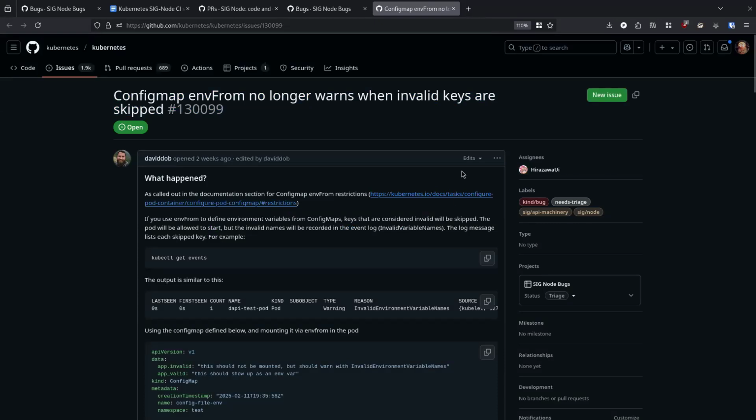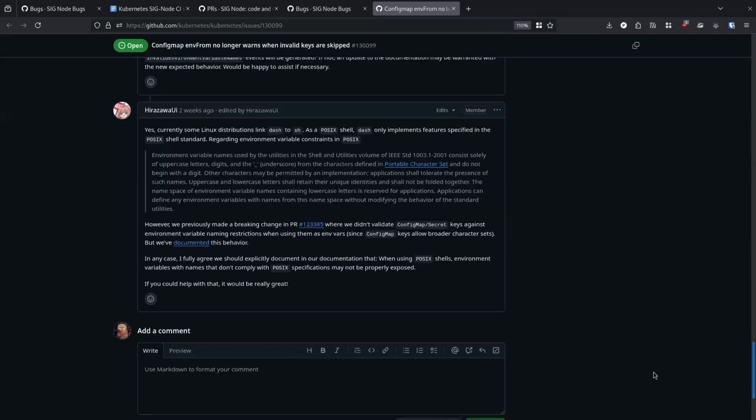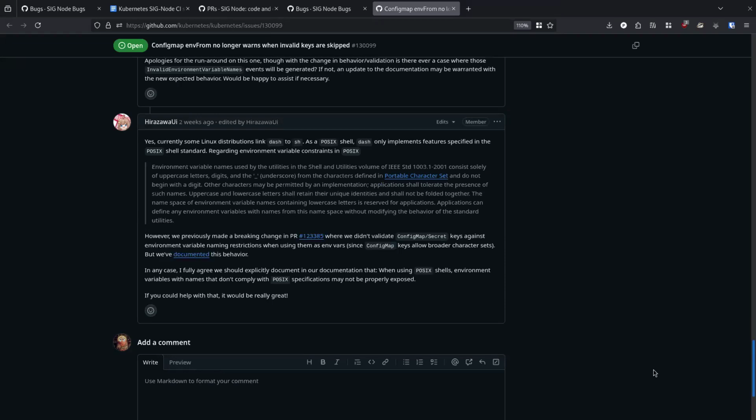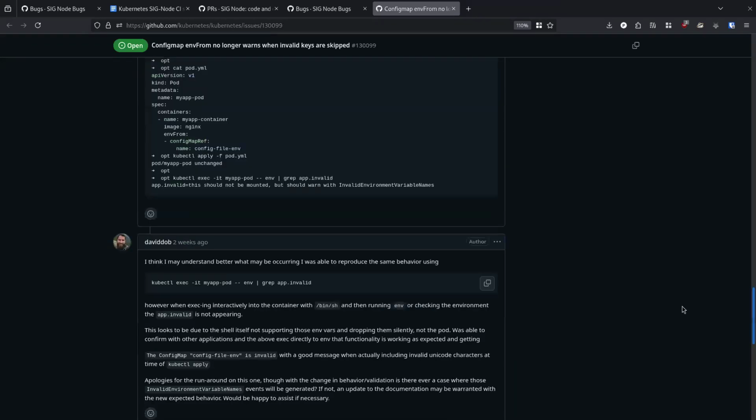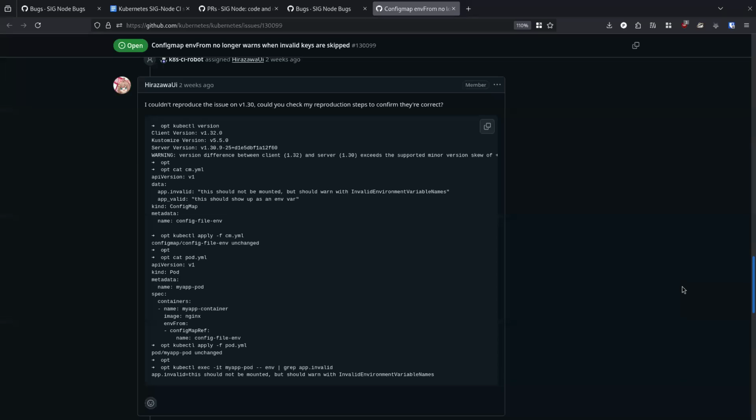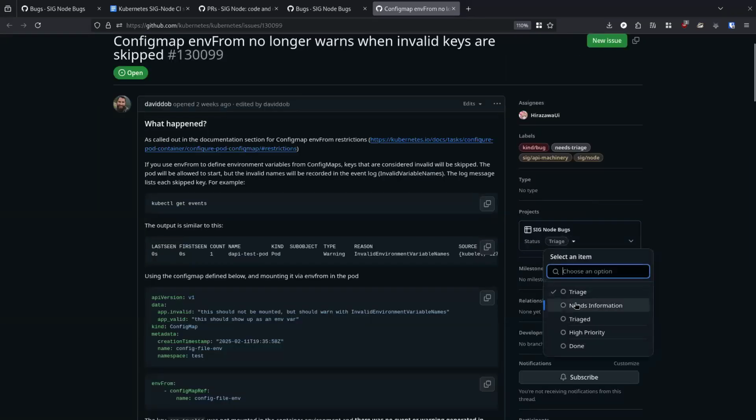Memory map and from no longer warned. I'd like to take a look at this. This looks like it's in need of information.